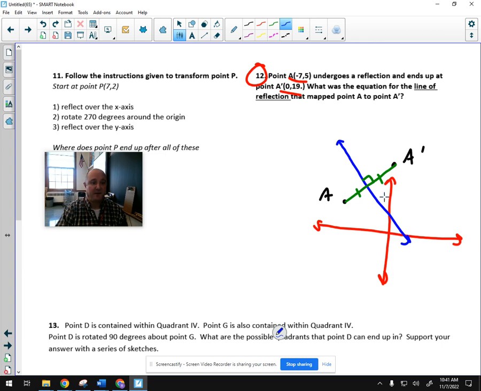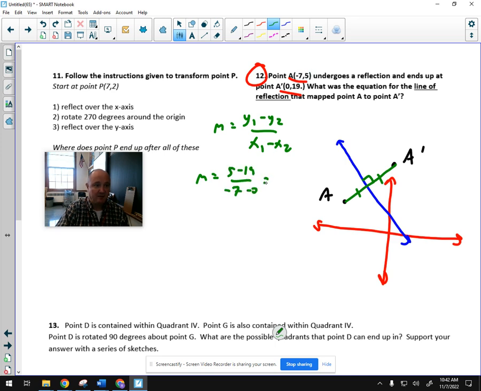All right, so first things first. I want to know the slope of the blue line, and I know that it's perpendicular to the slope of the green line. Well, what's the slope of the green line? I can find that with my good old slope formula, like so, and I'm just plugging in the coordinates from my 2 points that I'm given. So I say, okay, the slope of the original green line is what? 5 minus 19, y's go on top, and negative 7 minus 0. X's go on the bottom, so this is negative 14 over negative 7,